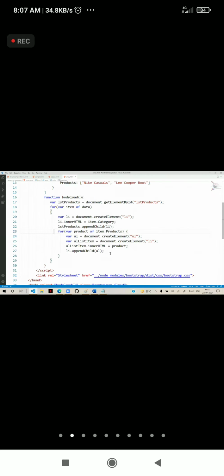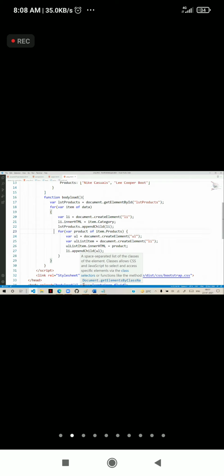Now we have to do one more work here. The unordered list item is configured. So here we need to access that and display. One more work is that this must be added into the main list item.